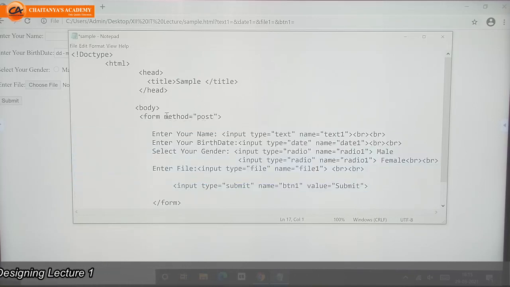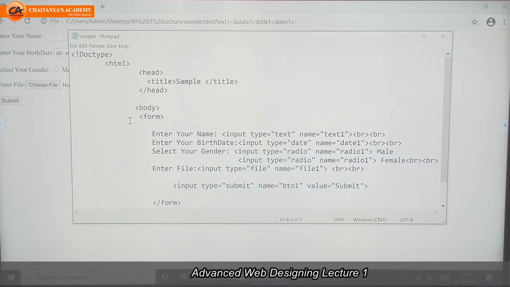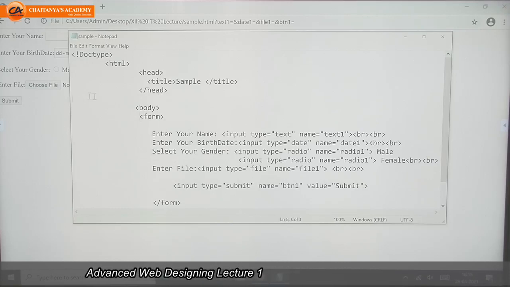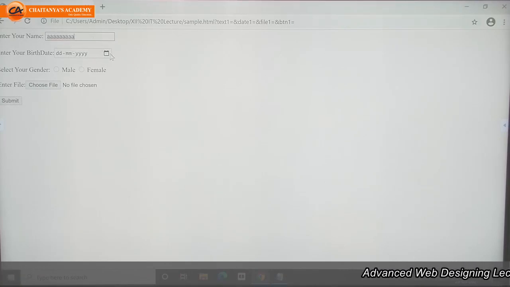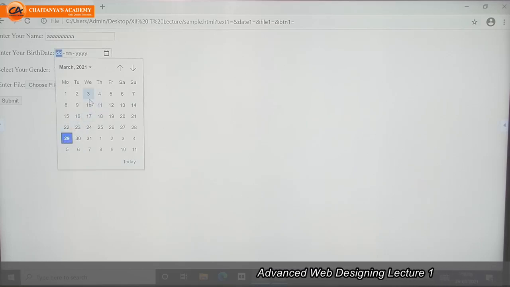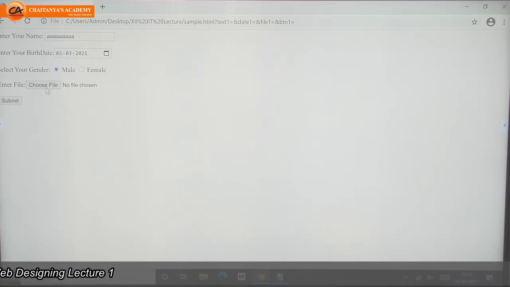If we haven't written this attribute, by default it considers method equal to get. For example, I am writing here a name, a birth date, like 3, gender male female, choose 5.